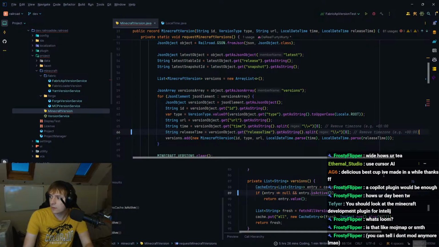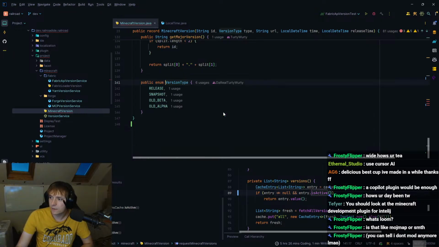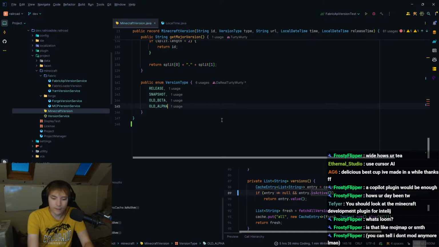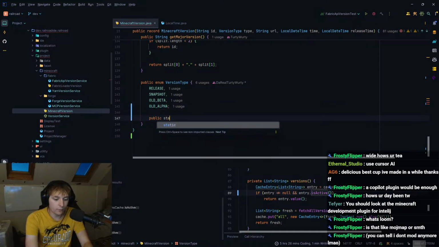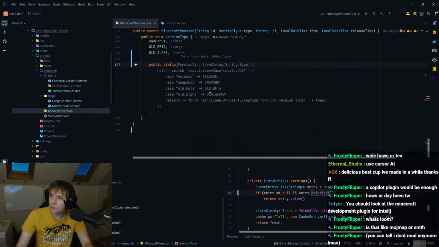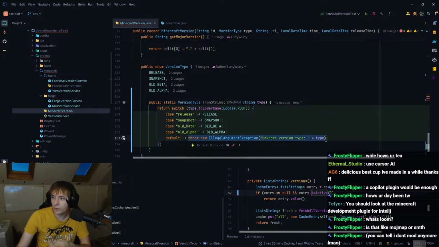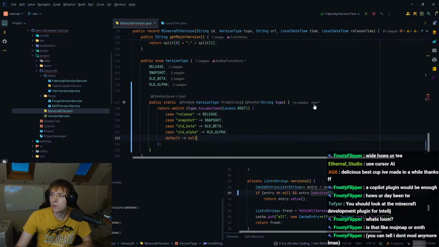I don't know why the brackets aren't there. Can you come back to these brackets? That's fine. Okay. The only thing I will say is that this is just using valueOf, which is not great. We should really have a method to do that, because valueOf, obviously, as I'm sure you guys know, does throw an exception. Yes, like this. It does exactly this, to be honest. I just don't want it to do that. I want it to return null.